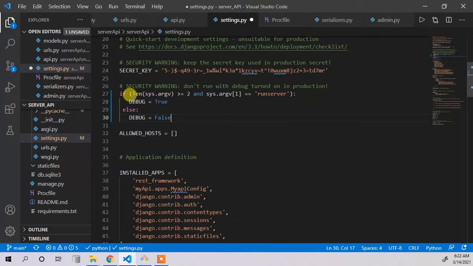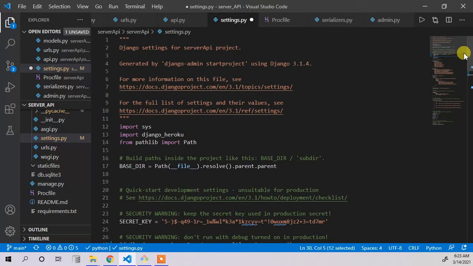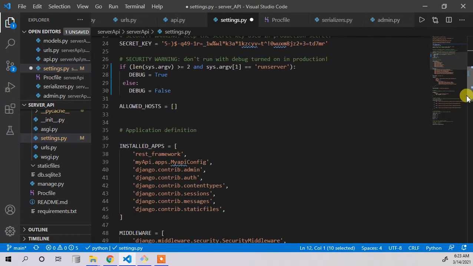So right now we are saying, take the system arguments, and if the first argument is runserver, that means we are on the local machine, and debug should be true. And if it is not runserver, then definitely we are on the production side, so make debug false. And make sure you add the sys import as I did. If your sys is not imported, then it will give you the error.